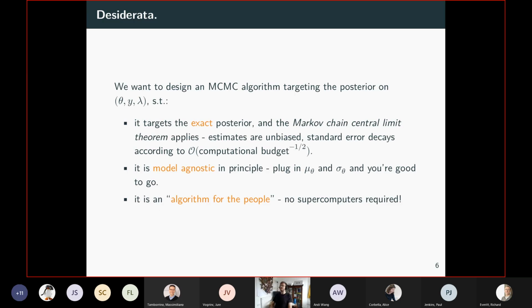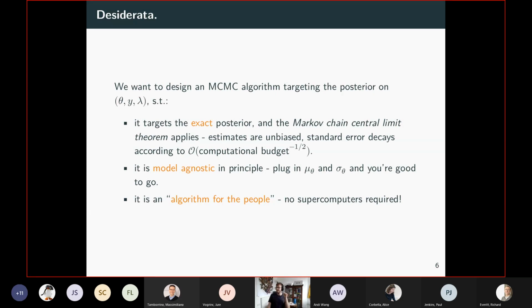Now, how are we going to go about doing this? We want to carry out Bayesian inference, and for that, in principle, we need access to the transition density to compute the joint probability of everything. And what we want to achieve here is, in spite of not being able to target that transition density, to build an MCMC algorithm that targets the exact posterior, and exact in this specific sense I would